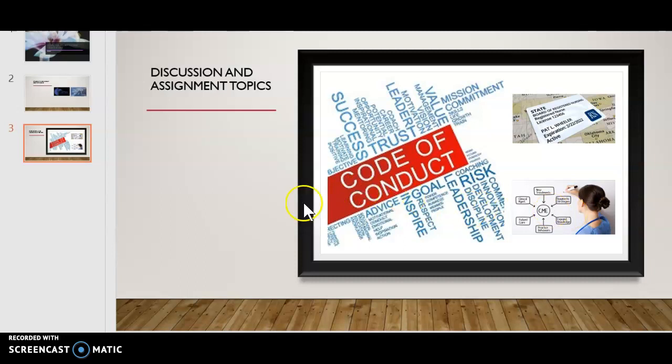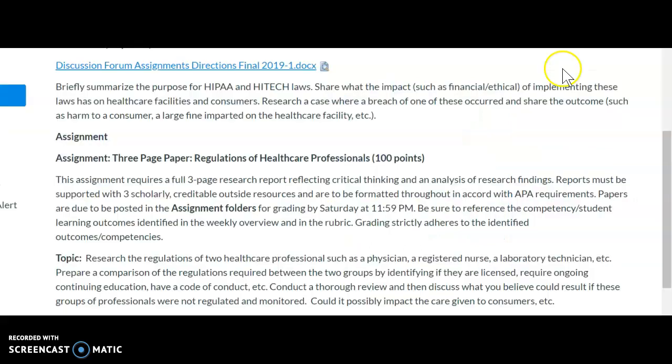And our specific discussion and topics include, for our discussion forum, we are going to briefly summarize the purpose for HIPAA and HITECH laws. Why do we have them? Share what the impact is, if there's any financial or ethical impacts of implementing these laws. What impact does that have on healthcare facilities and on our consumers? I want you to research a case where a breach of one of these occurred and share the outcome, such as harm to a consumer, a large fine, etc. You're going to do that in your initial discussion post, and then we're going to talk about